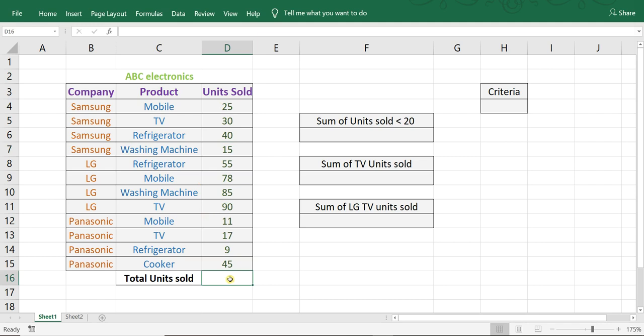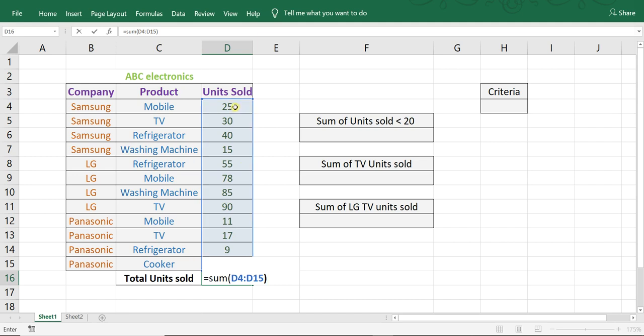So for that, what we need to do, select the cell, equals SUM, open bracket, and use shift and select the range. See the syntax: SUM, number1, number2 and so on. So this is the sum range.